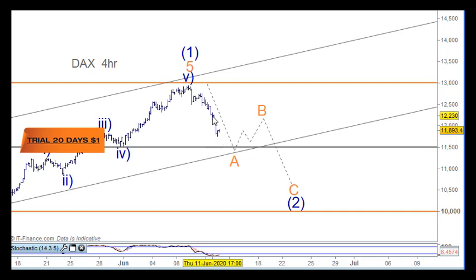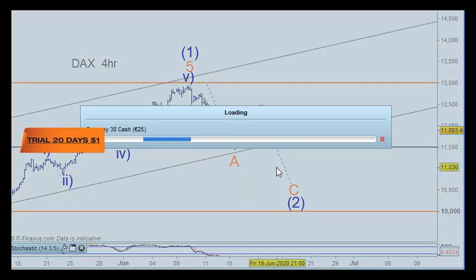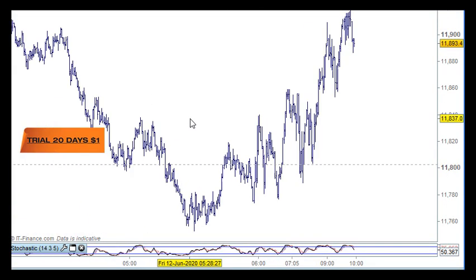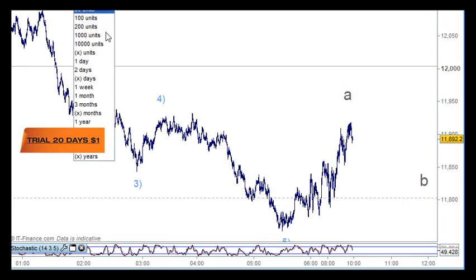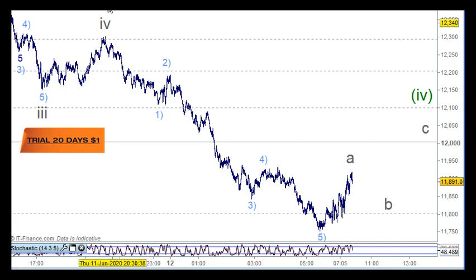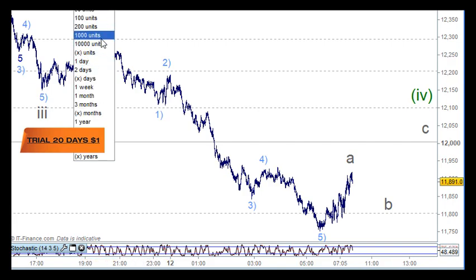But this really looks like 1 and 2 here and a nice 3rd wave coming down. So we need the 4th wave and the 5th wave to finish this off here. So let's go in and have a closer look at that. I need to go to the tick chart here rather than a 15-minute chart, just so we can get the detail of all of this. So it'll be a little bit messy, but not messy, but compact.